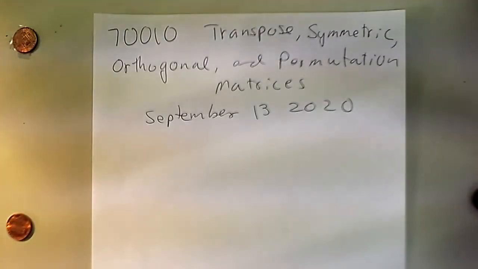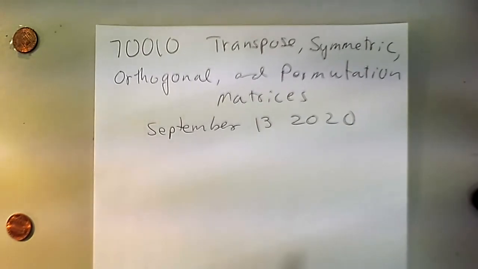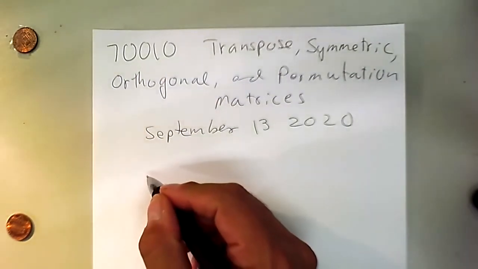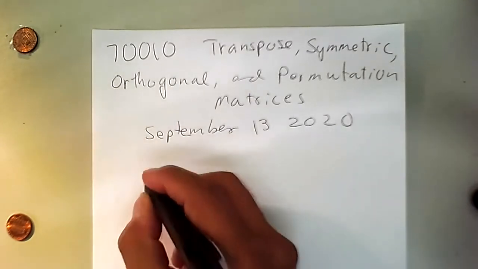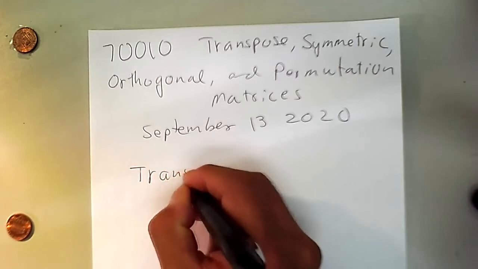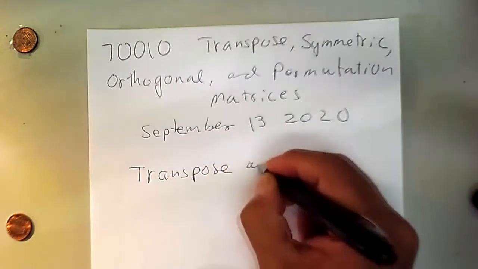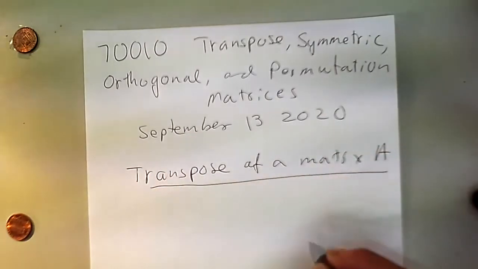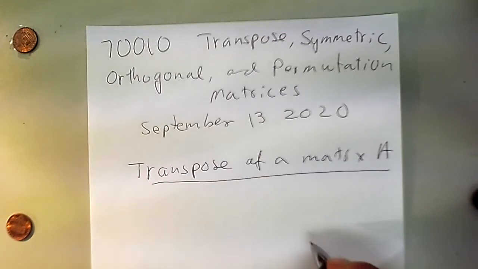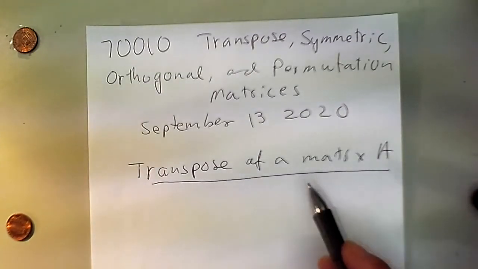We're going to talk about matrices of specific kinds and some operations. I hesitate to call them operations, but let's call them operations on matrices. So the first one is the transpose of a matrix A. The transpose of a matrix A is simply the matrix where every row becomes a